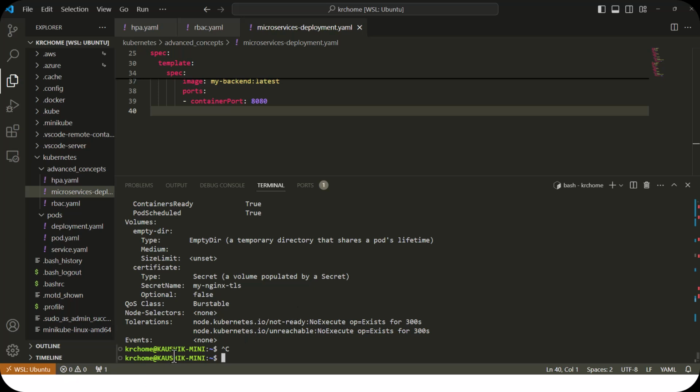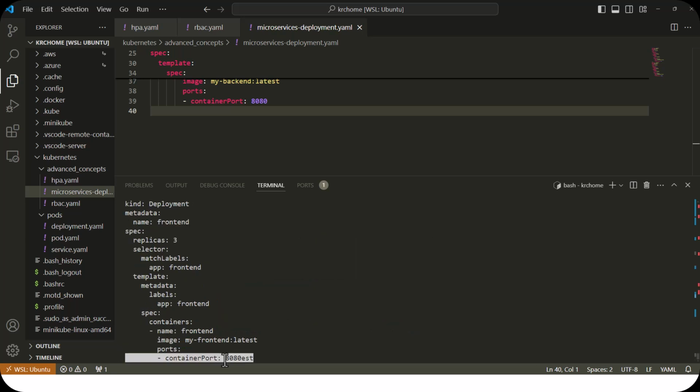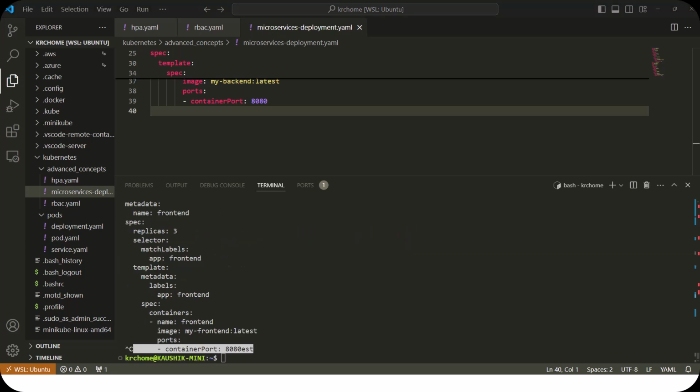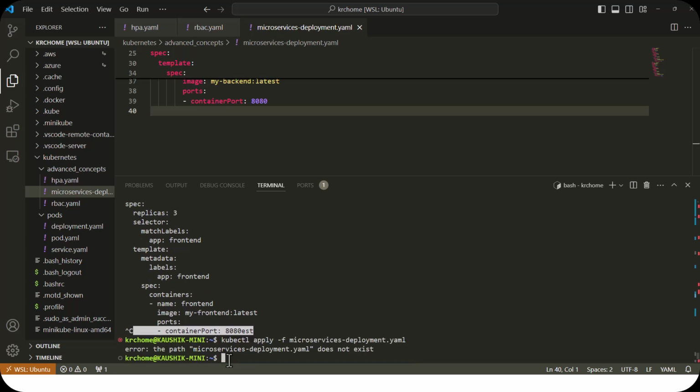This is the machine name, this is my username at machine name. Now I will apply the microservices deployment.yaml. So kubectl apply again, with the -f flag for the file name. So now I will paste the command for applying the microservices deployment.yaml. The path microservices deployment.yaml doesn't exist. Okay,